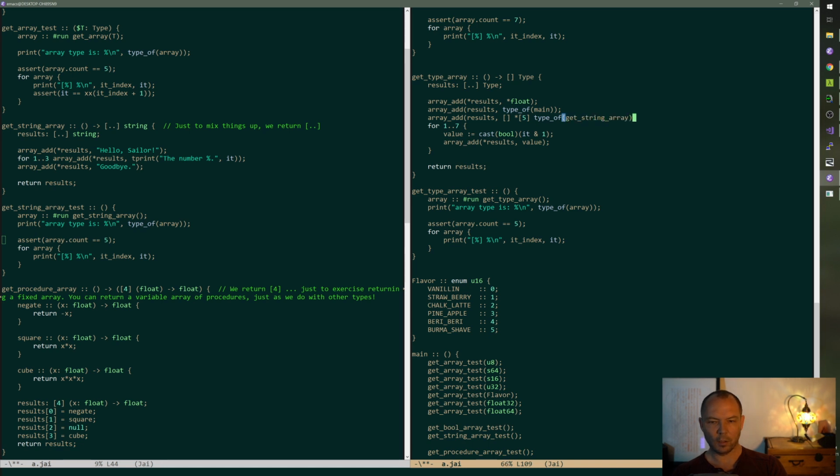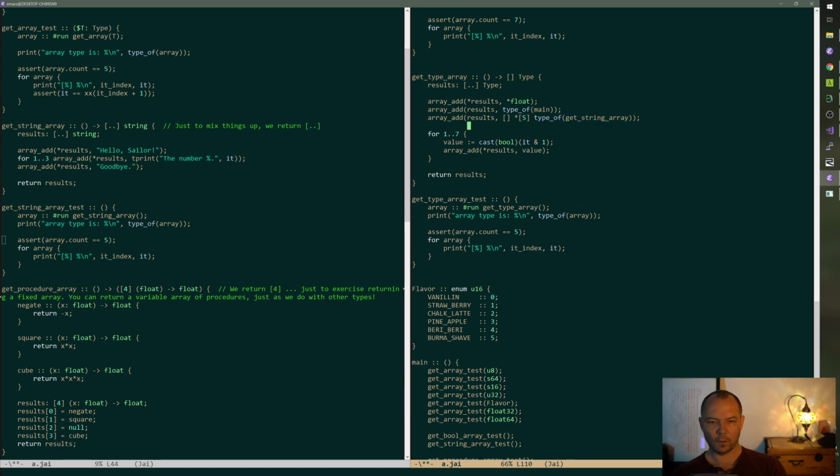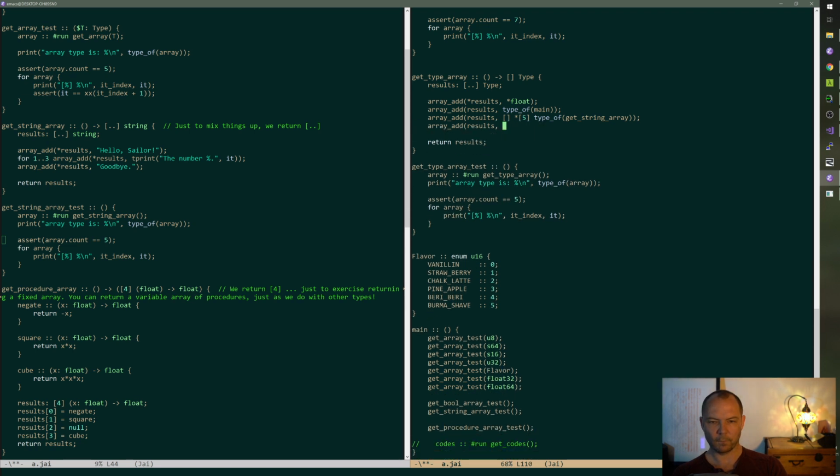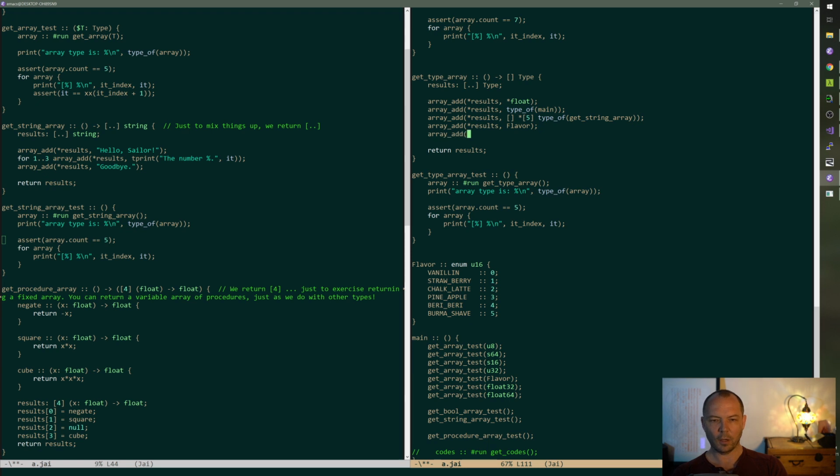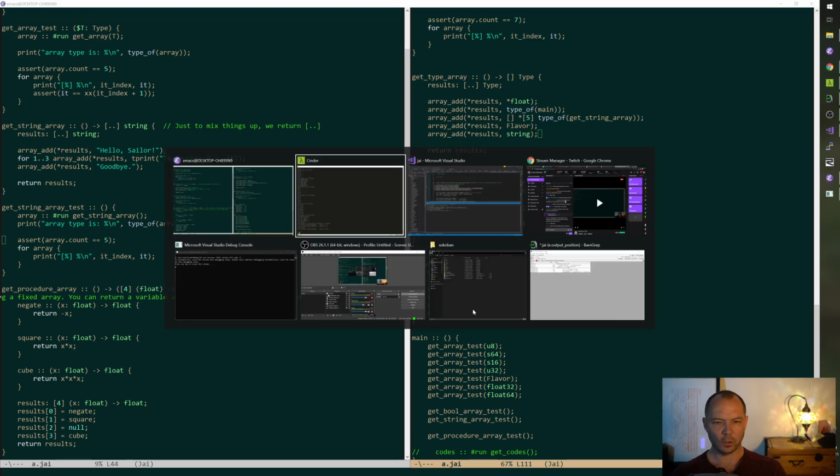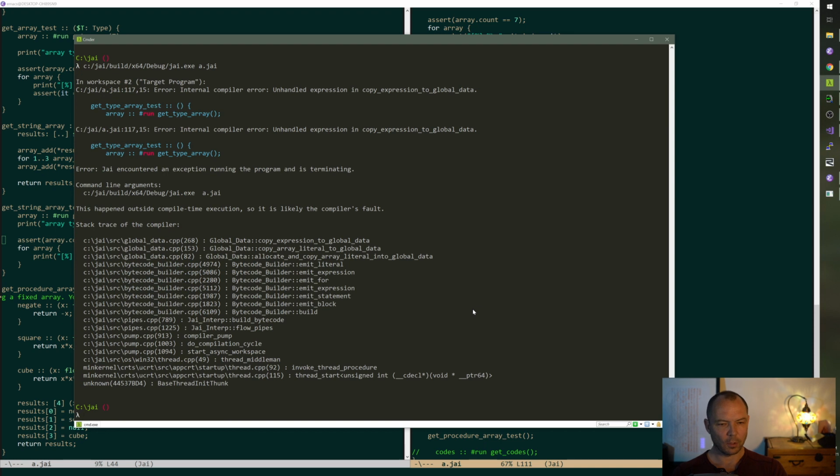Get string array, right? Array add results, comma, whoops. What other types are fun? Flavor, array add results, string, whatever. We're just doing some types.